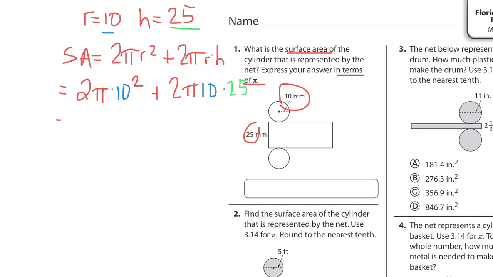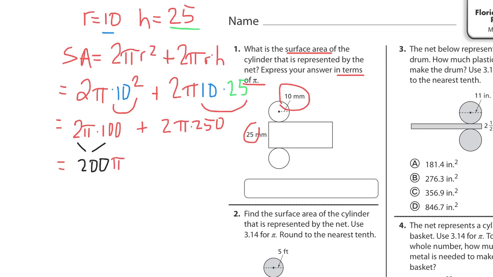So our next step is to do the exponent and the multiplication here. So we have 2 pi, 10 squared is 10 times 10, which is 100, plus 10 times 25 is 250. And our next step is to multiply 2 and 100 to make 200